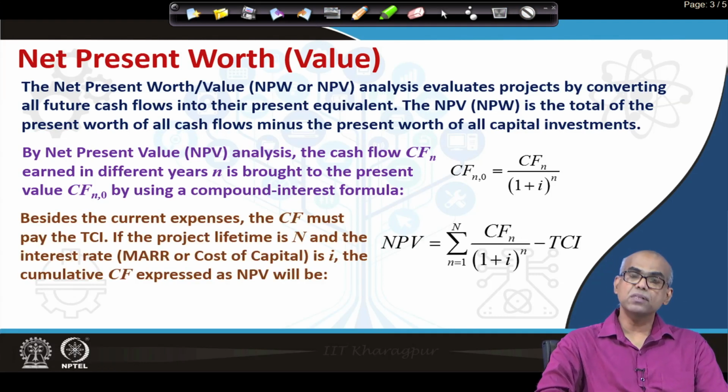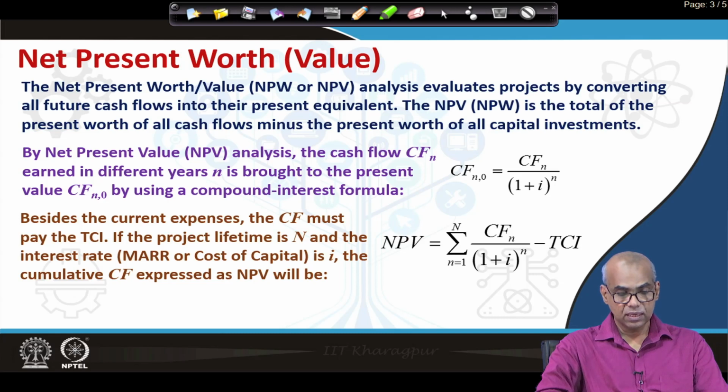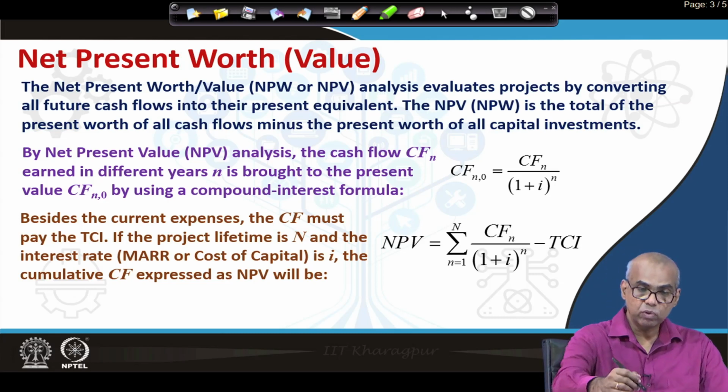Besides the current expenses, the cash flow must pay the total capital investment. So, if the project lifetime is capital N and the interest rate, which may be the minimum acceptable rate of return or cost of capital, is represented by i, then the cumulative cash flow expressed as NPV will be